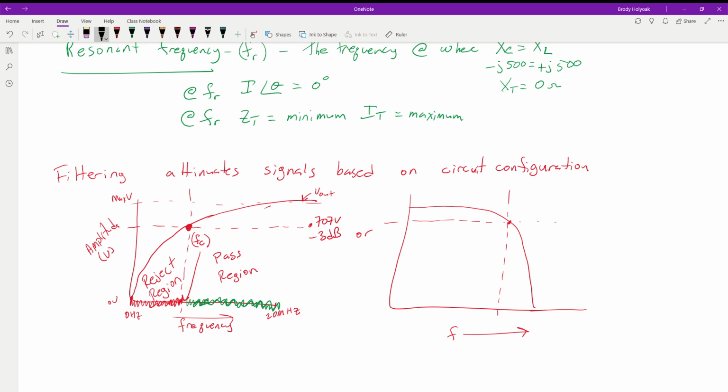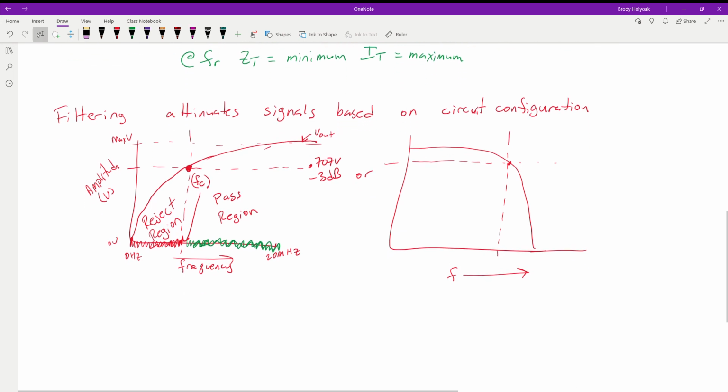In this instance, we want to name this filter so that we can reference it again. We have a circuit that is passing high frequencies and rejecting low frequencies. Looking at that type of waveform, we can say that this filter is a high pass filter. We're allowing frequencies at a higher range to go through without doing anything to them. Anything in the low end we don't want, so it gets attenuated.